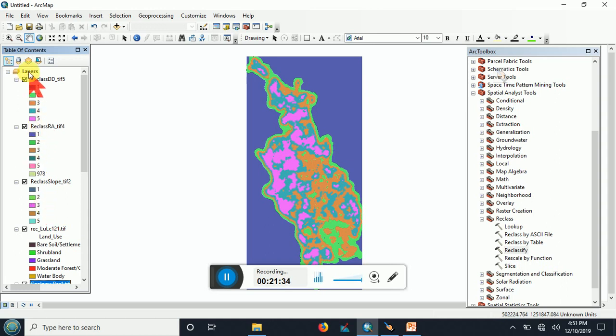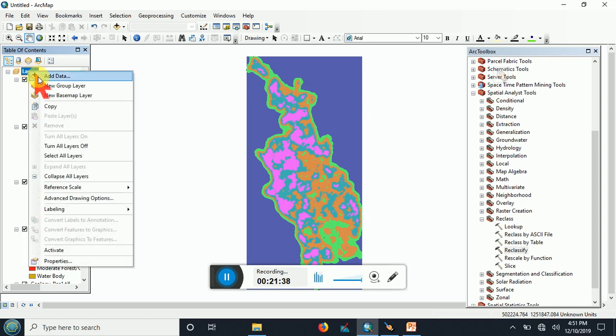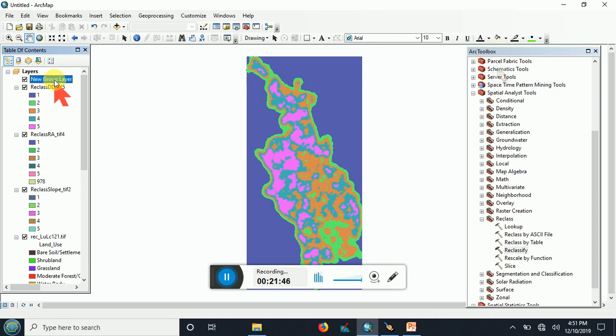So please right click on layers, and click on new group layer. Then please change the name into maybe final map, or maybe